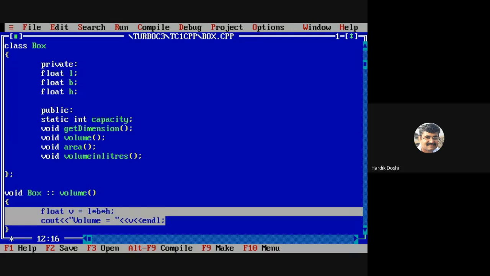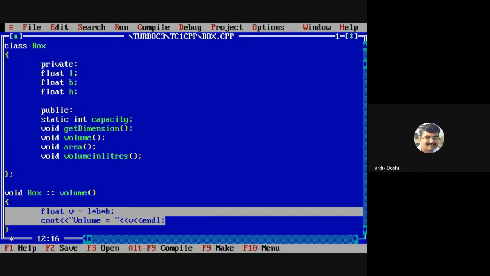Static. Now, what is the meaning of this static? Sir, we have not written static in front of LBH, but we are writing static in front of capacity. Means what? What will happen now? Now, it is our normal variable.